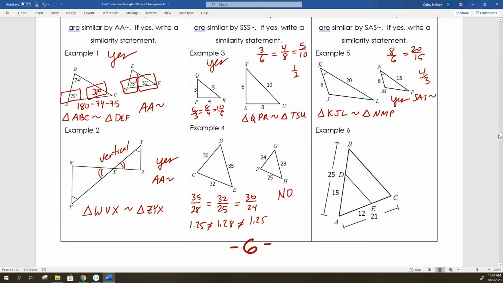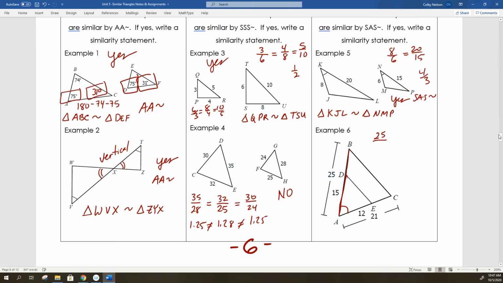All right, this bottom one then. Do I have an angle in both triangles? Yes. Yeah, so this angle, reflexive property, right? It's in both. So let's go largest to smallest. So what's the largest side over here? What is that length right there? 25